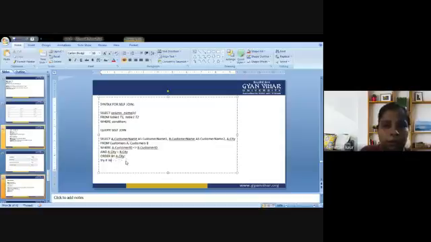so this could be the query. Select A dot customer name as customer name 1, comma B dot customer name as customer name 2, A dot city from customer A, customer B. Now we are applying the temporary names. Look at the condition: A customer ID is equal to B customer ID and A city is equal to B city, order by A city. Now we are supposed to look at the order of the city.